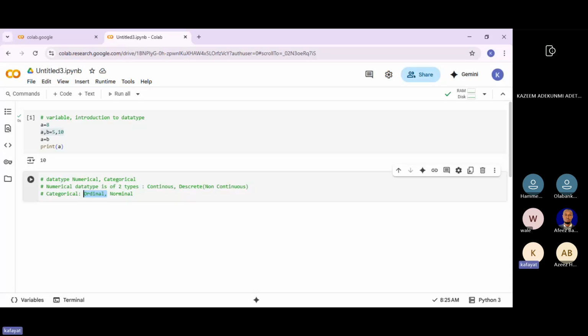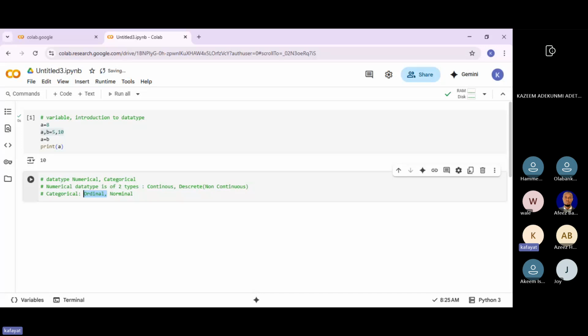For instance, position. They might say high, medium, low. Are you getting it? High, medium, low.